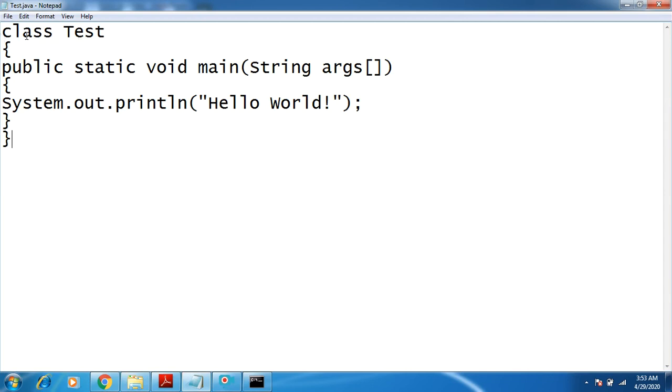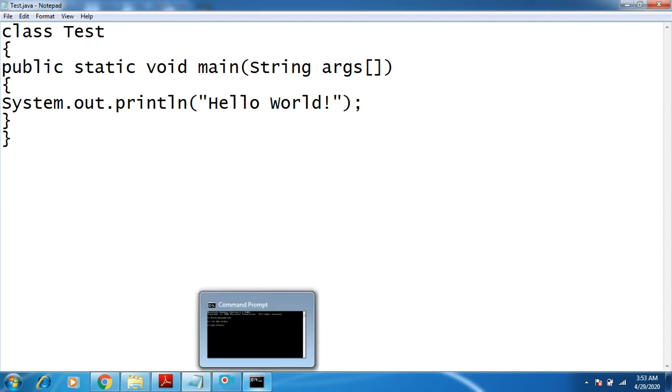So just see the syntax. Class is a keyword, so all the letters are in lowercase. The name of the class I have given is Test. Then an opening and a closing brace. Then public static void main(String[] args) is the syntax of writing the main function in Java. Then System.out.println("Hello World"). In this println method, whatever you want to display, you type it within the double quotation marks, and that you will be able to see in the output window.